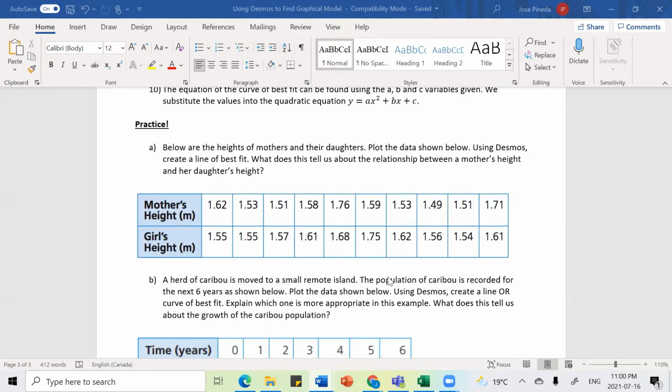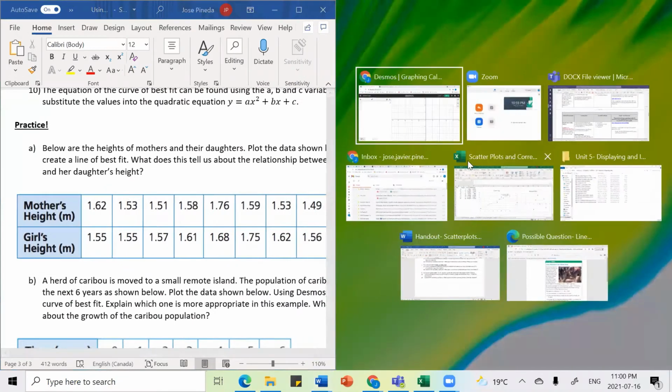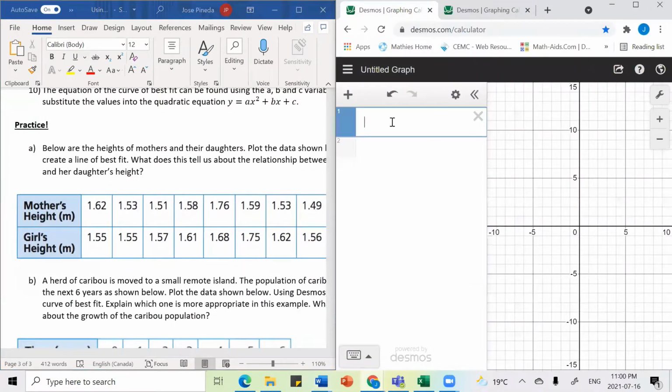So I will just split the screen here so I can look at this, as well as the Desmos screen here. So what we're going to do is first go to the plus sign at the very top, and you're going to select table. And then what you're going to do is simply start inserting your data and just making sure that you put